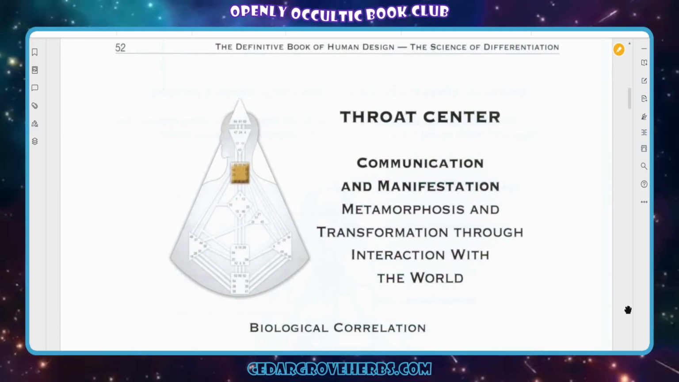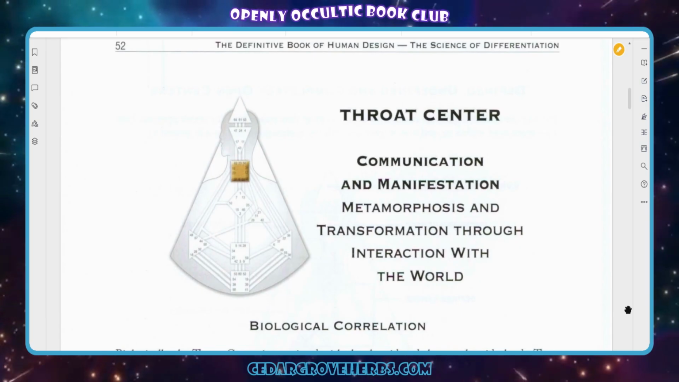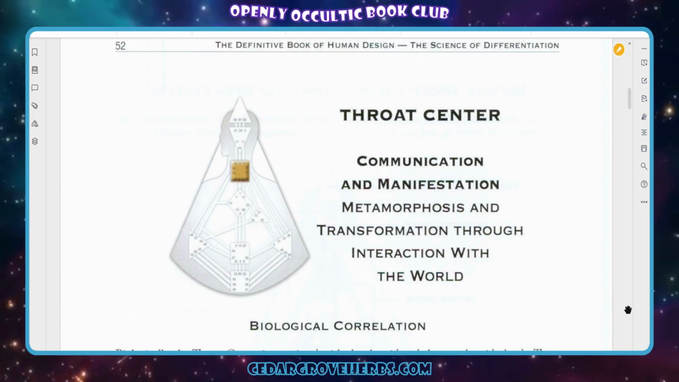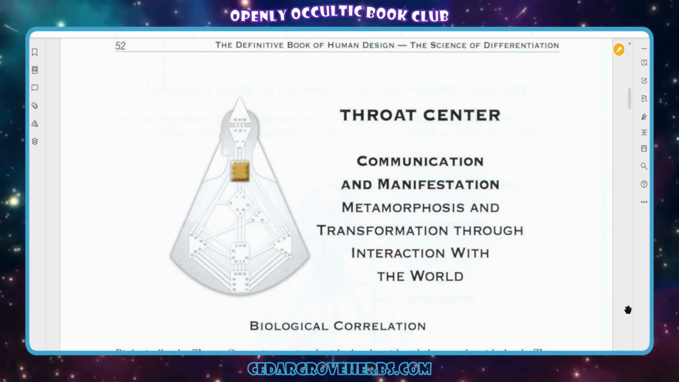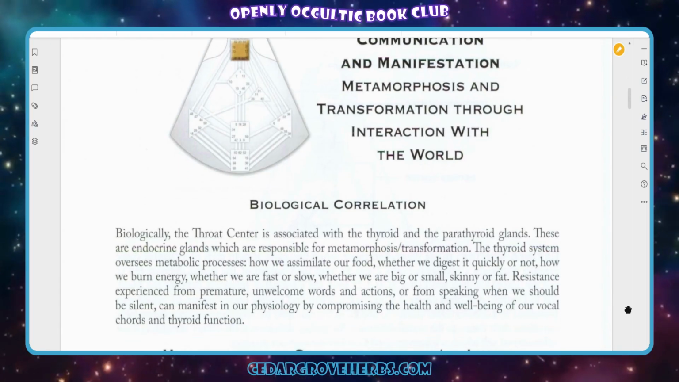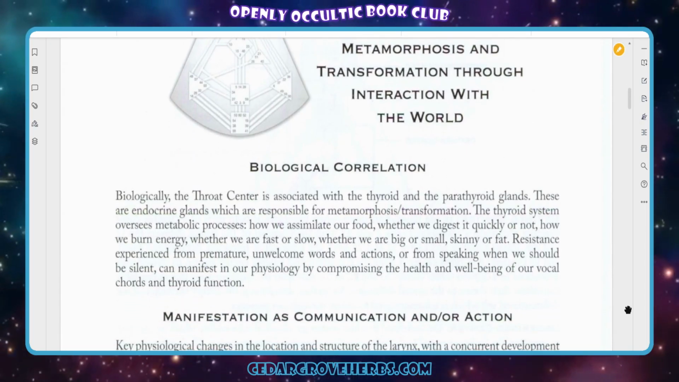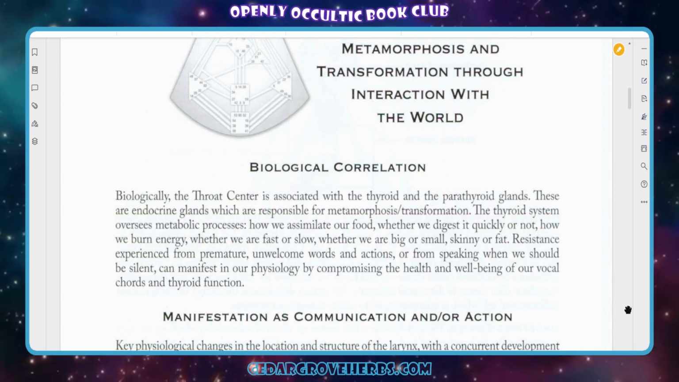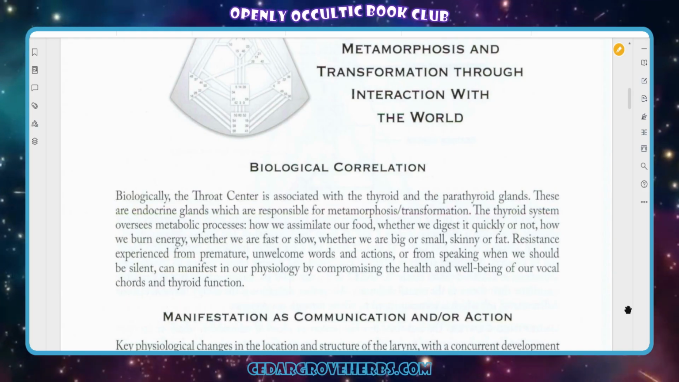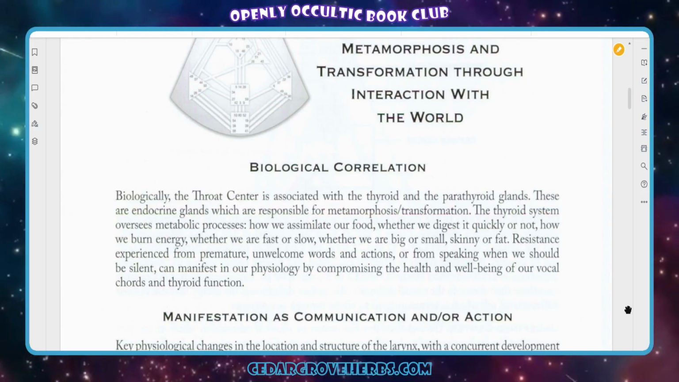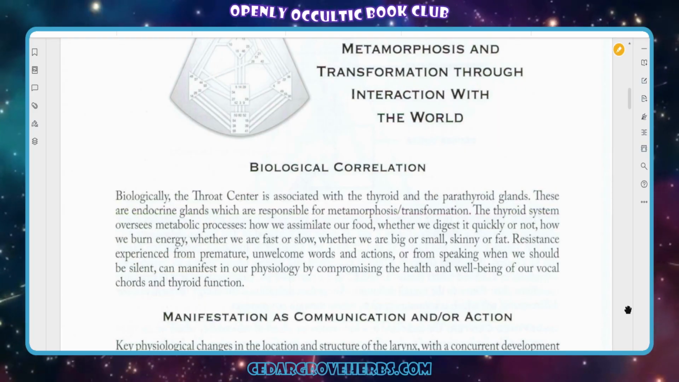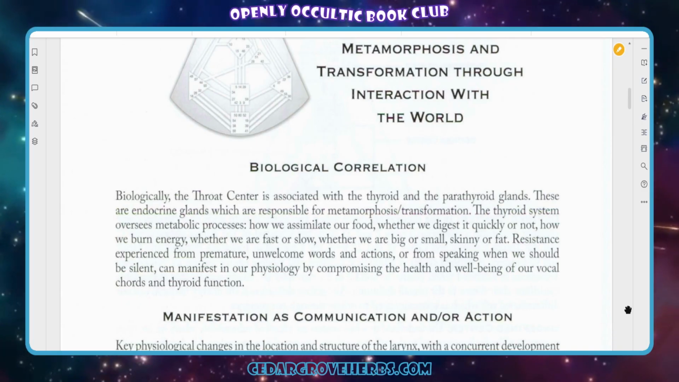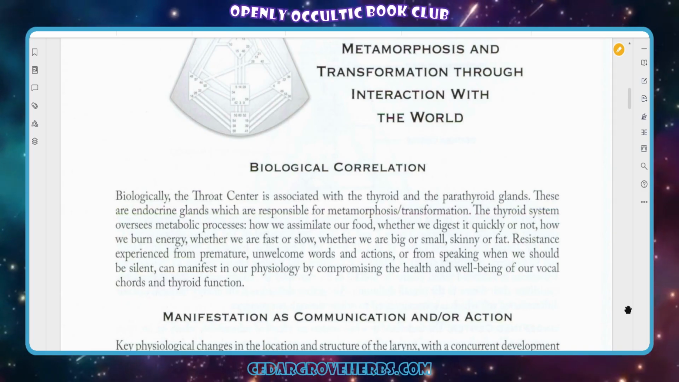So now we're going to deal with the throat center. Communication and manifestation, metamorphosis and transformation through interaction with the world. The biological correlation. Biologically, the throat center is associated with the thyroid and the parathyroid glands. These are endocrine glands which are responsible for metamorphosis, transformation. The thyroid system oversees metabolic processes, how we assimilate our food, whether we digest it quickly or not,